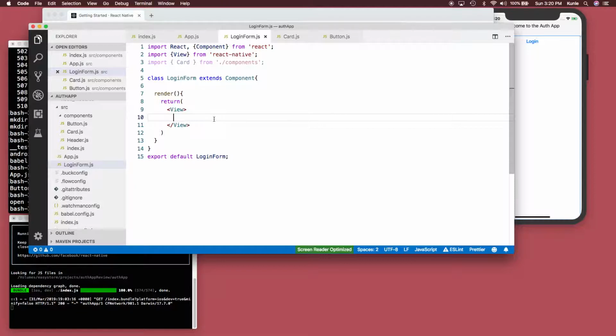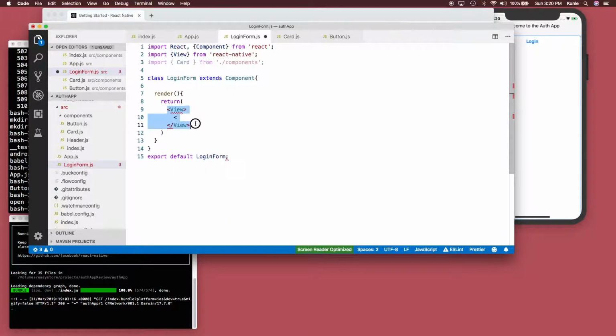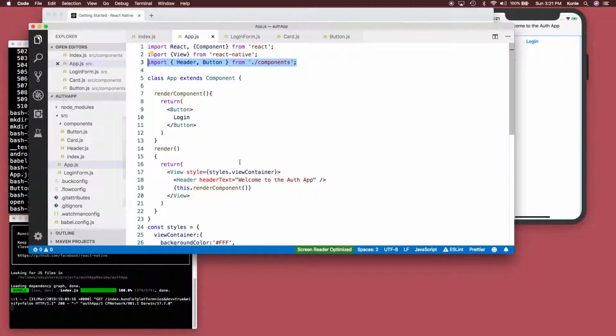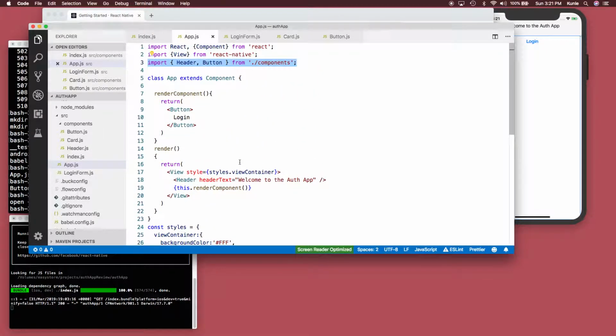First, let's make sure we can see what we're doing. This is the LoginForm. In here actually we can use the card. We don't really need the View if we're going to use the card. Let's put a Text just to see. And then over here where we render components,